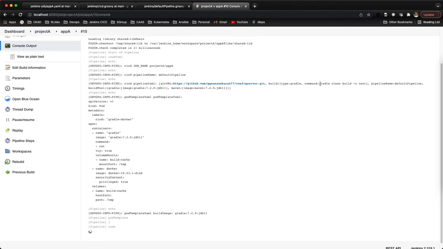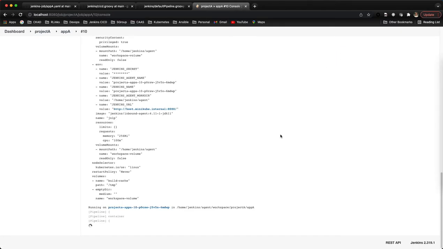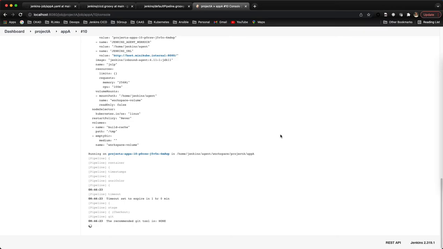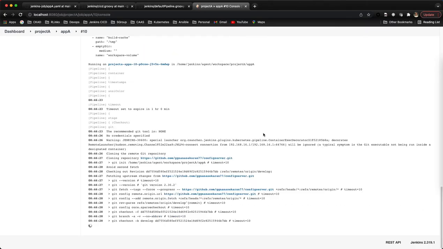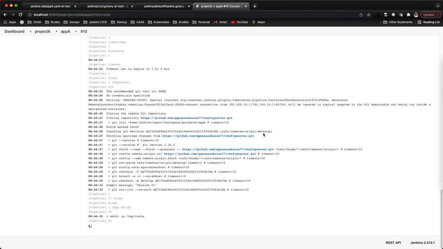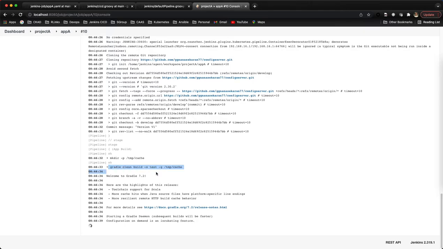Currently my command is going as Gradle clean build -x test. So you can see the same thing here, Gradle clean build -x test.